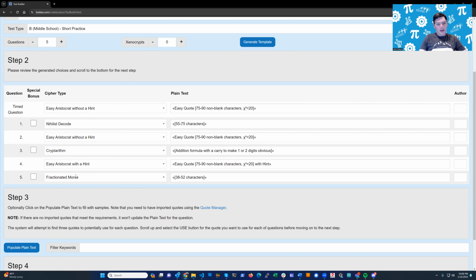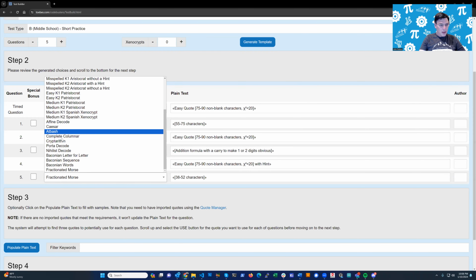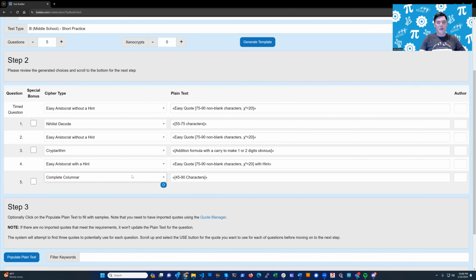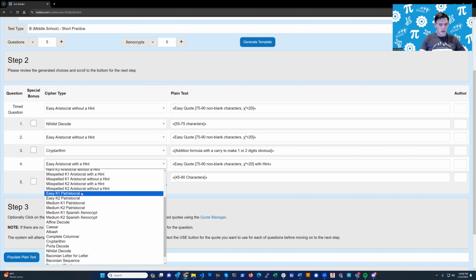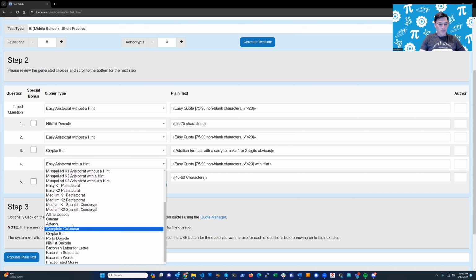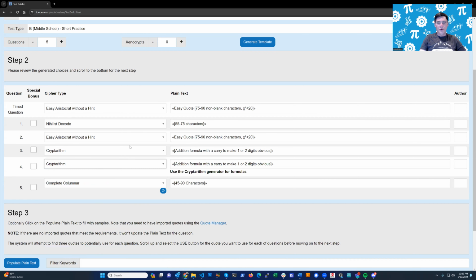Well, you know what? I'd like to have one of the Complete Columnar on the test. So all I do is come here with a Fractionated Morse and say, let's get a Complete Columnar instead. And instead of the second Aristocrat, we'd like to have ourselves a Cryptarithm. Of course, if you didn't like what it generated, just click Generate Template again, and it'll make another stab at it. Once you're happy with the mix of what's going to be on the test,